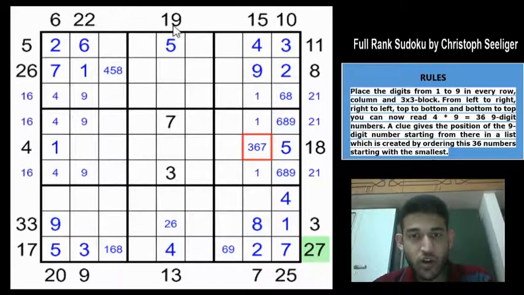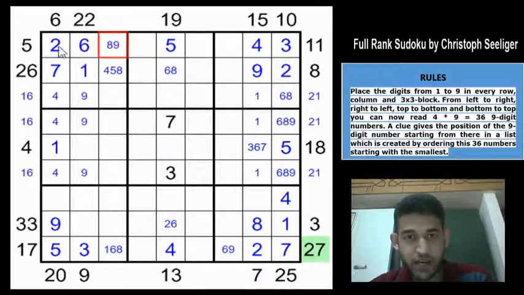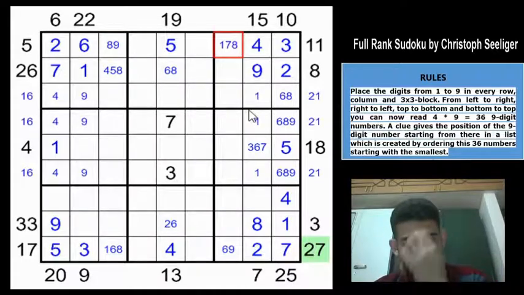Right. If you look at column 5, 3, 4, 5, 7 are givens. And 1 to 9 have been placed. So this must be 6 or 8, right? Only 2 possible candidates. And this cell along row 1 can only be 8 or 9 because 2, 5, 6, 3, 4 are out of equation. This must only be 8 or a 9. And this can only be 1, 7 or 8.